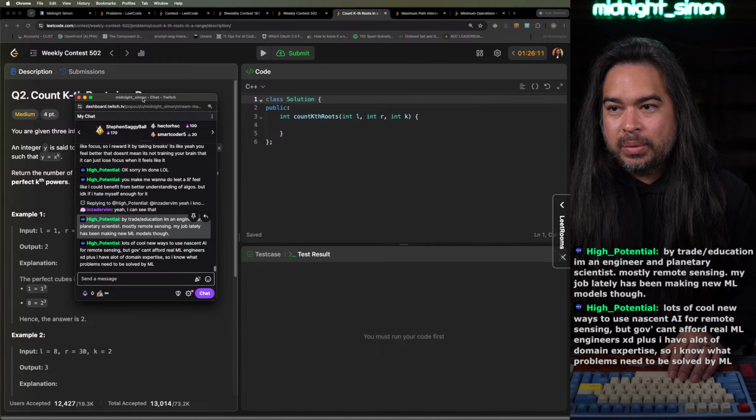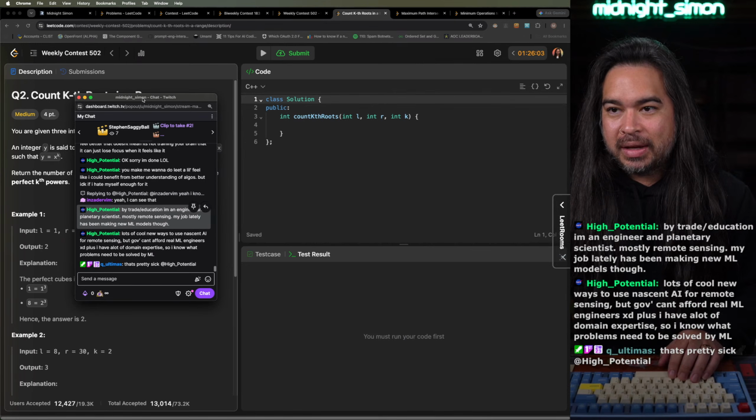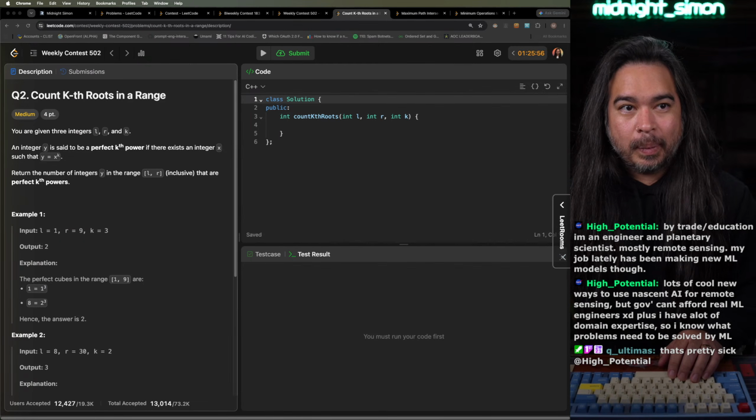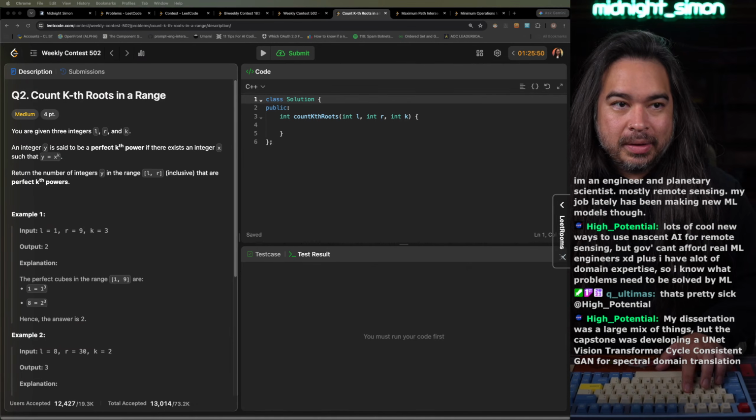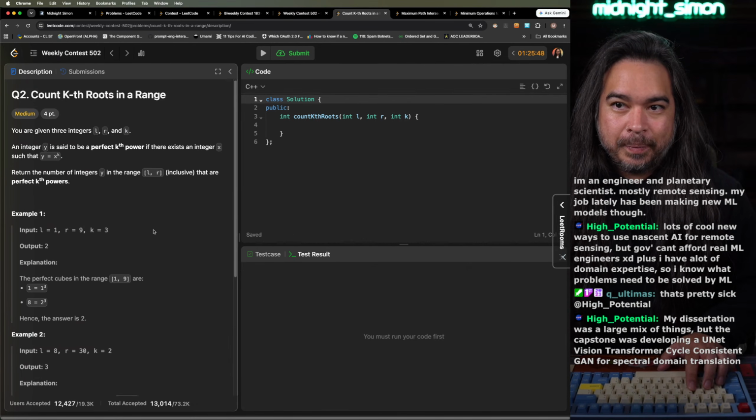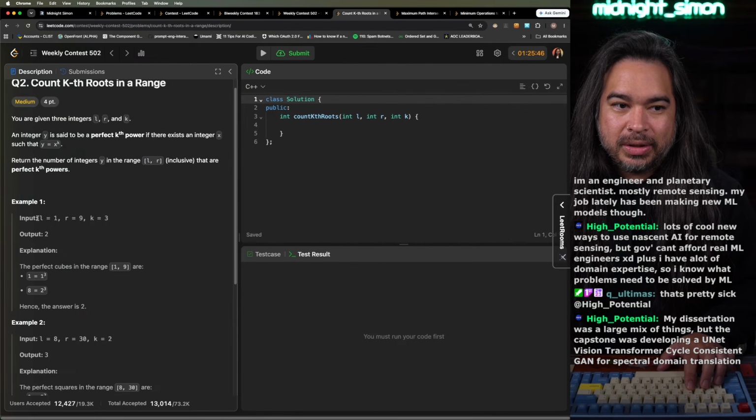Lots of cool new ways to use nascent AI for remote sensing, but government can't afford real ML engineers. Plus, I have a lot of domain expertise, so I know what problems need to be solved by ML. I don't know anything about ML stuff, man. All right, so the range is